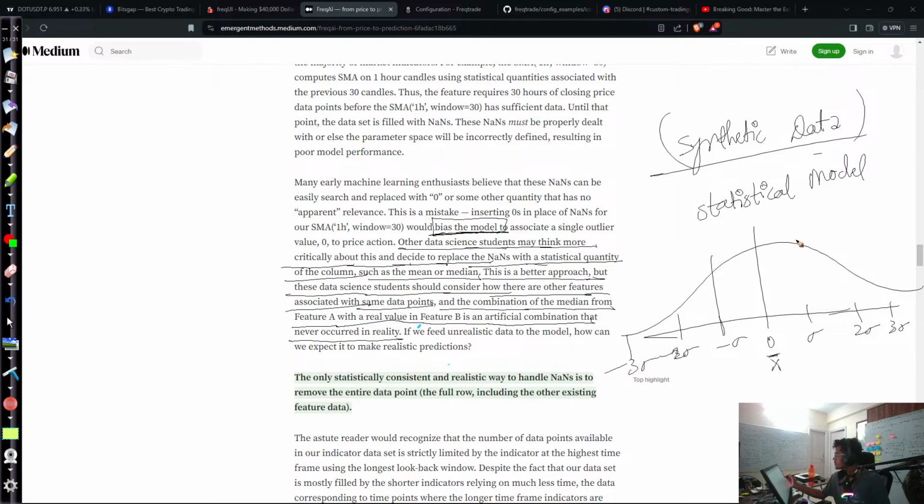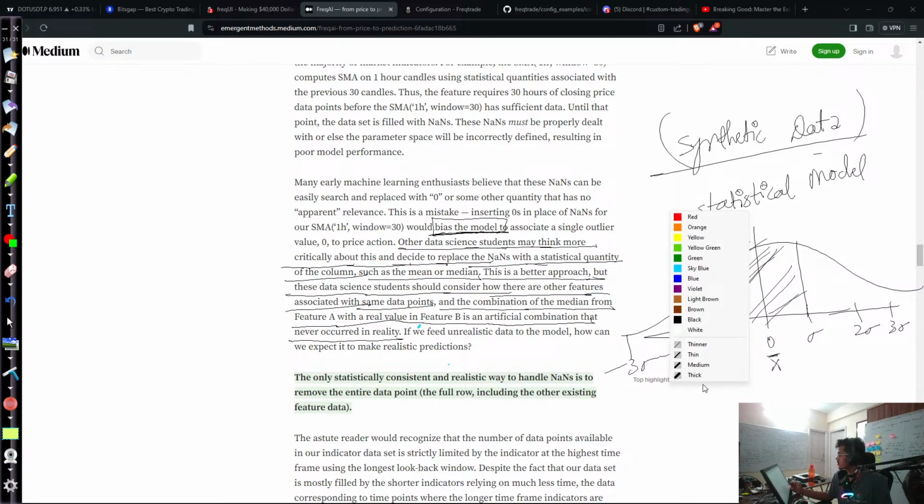Around 68% of the data is represented within the first standard deviation. So that's what they are actually talking about, that if you do it, you use the statistical model there. But anyway,